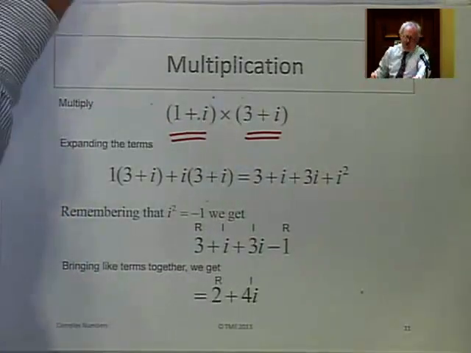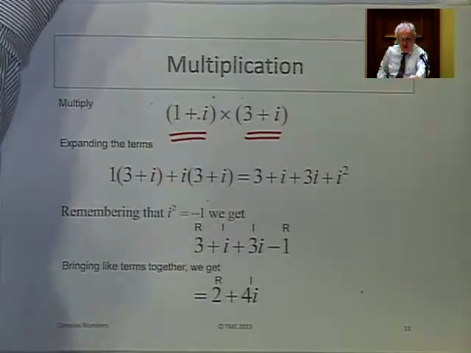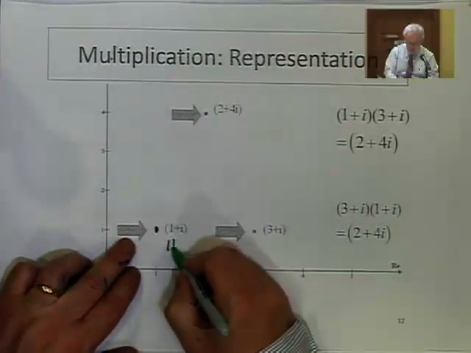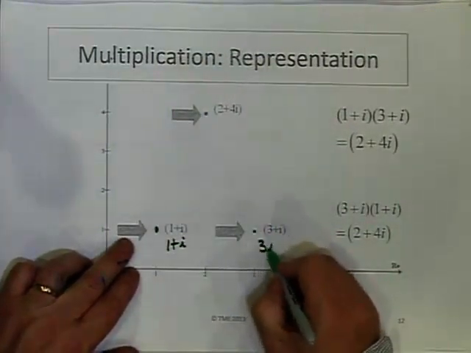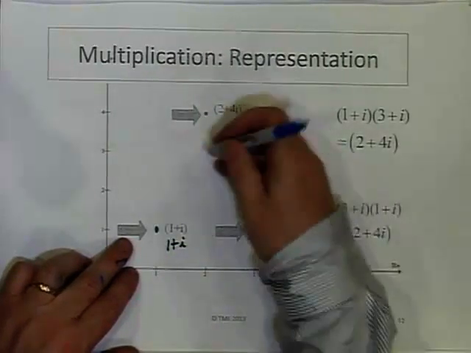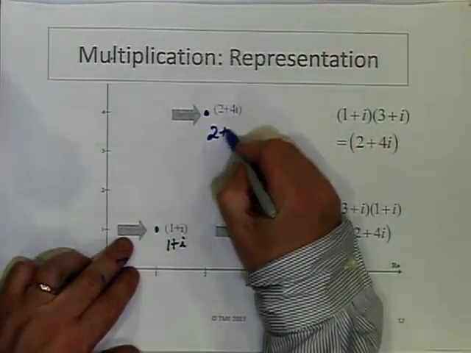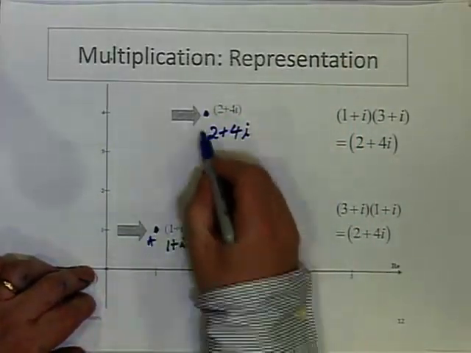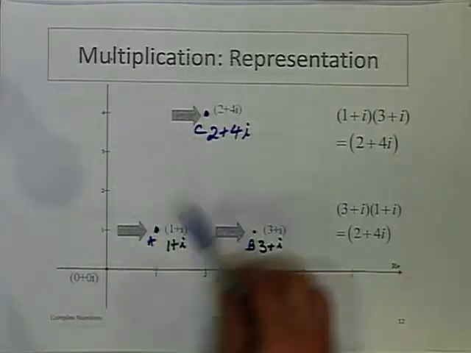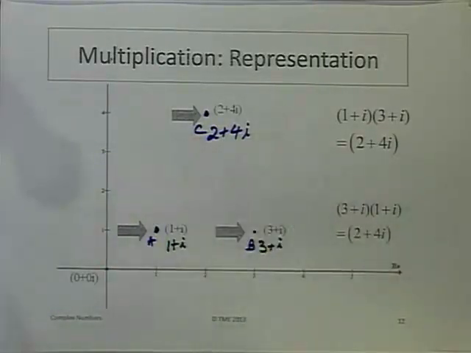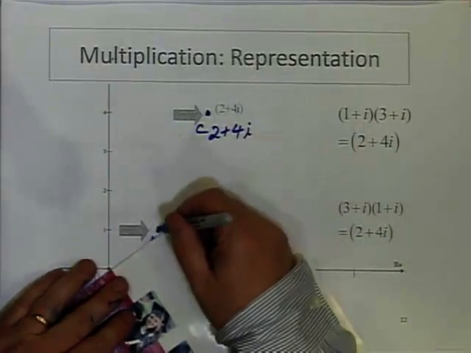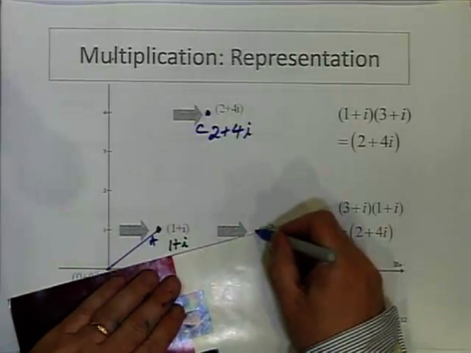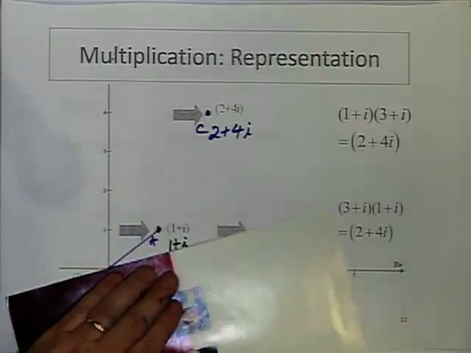Well, they're just numbers, really. And we sort of see it like that. And we say there's 1 plus i, there's 3 plus i, and there's the answer, 2 plus 4i. But if we just saw them as sort of A, B, and C, it's sort of hard to see the pattern between them, because you say it just could land anywhere. But if we start looking at it like this, and we say there's A, and there's B, and here's C,